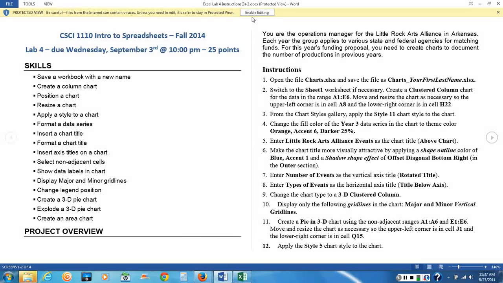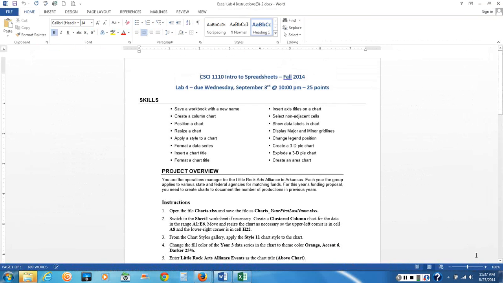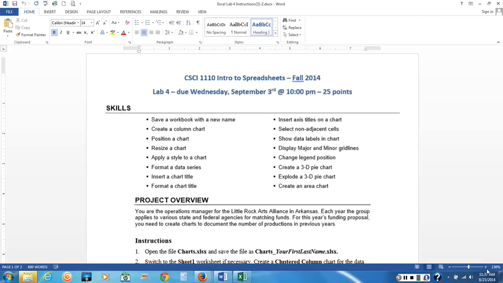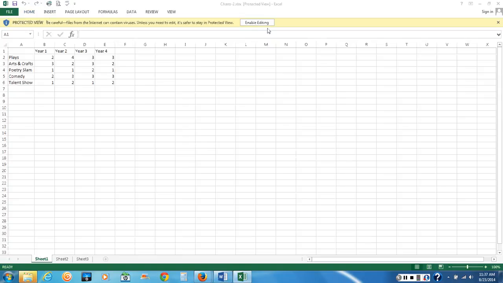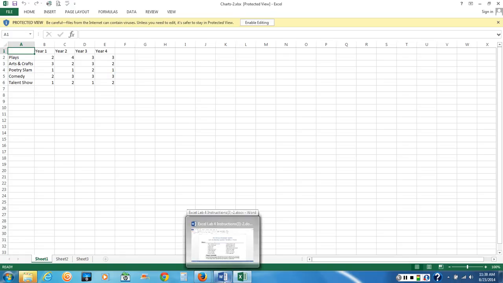On the instructions file, it comes up as Enable Editing. I'm going to go ahead and click on that, even though I'm not going to make any changes to the file. It just gives me a better view for the file. And then I will bring up my Excel work file from my taskbar at the bottom. I will have to enable editing this file because we are going to make changes to it. So going back to my instruction file,